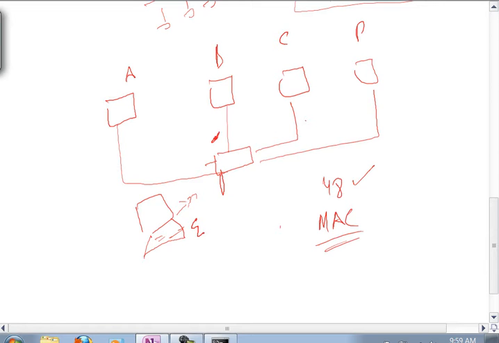But we do not deal with the MAC addresses. These 48 bit MAC addresses we don't deal with. We deal with the logical address. Logical addressing means we say like 0, 1, 2, 3, 4, something like that, which becomes easy. Then it is the job of